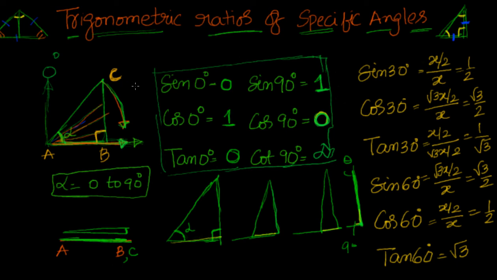Okay, fine. Now let us put a table for all of this. Suppose you don't get whatever I said here, just remember these two sentences. In a right angle triangle, if opposite side becomes 0, adjacent side coincides with the hypotenuse. That is the first statement. Second statement: in a right angle triangle, if adjacent side becomes 0, then hypotenuse and opposite side coincide with each other. Based on that, you can easily tell that sine 0 equals 0, cos 0 equals 1, sine 90 equals 1, and cos 90 equals 0.